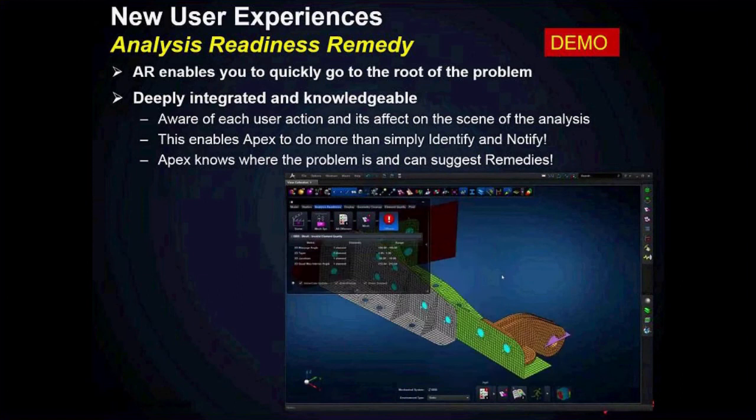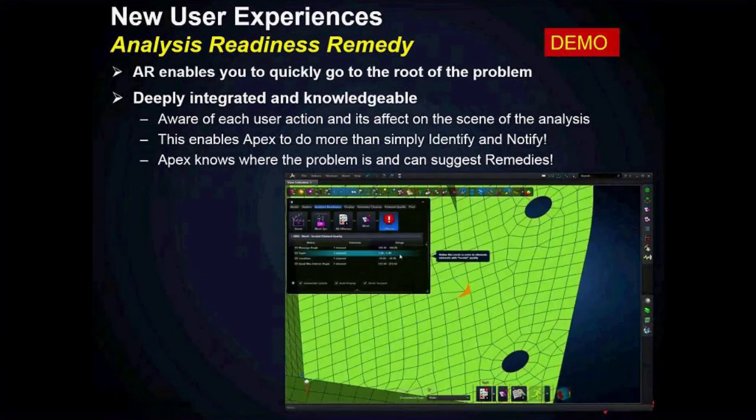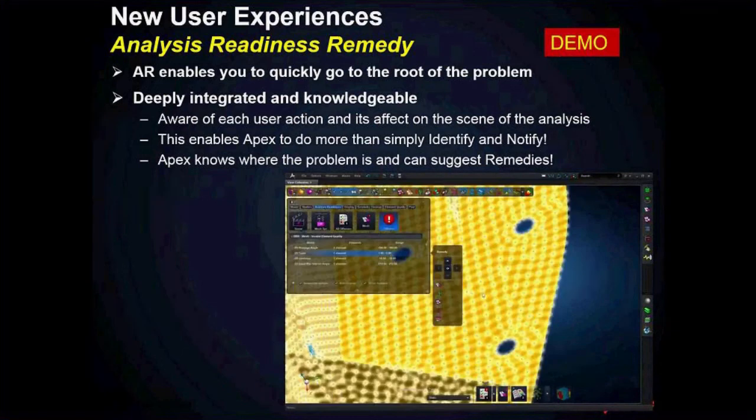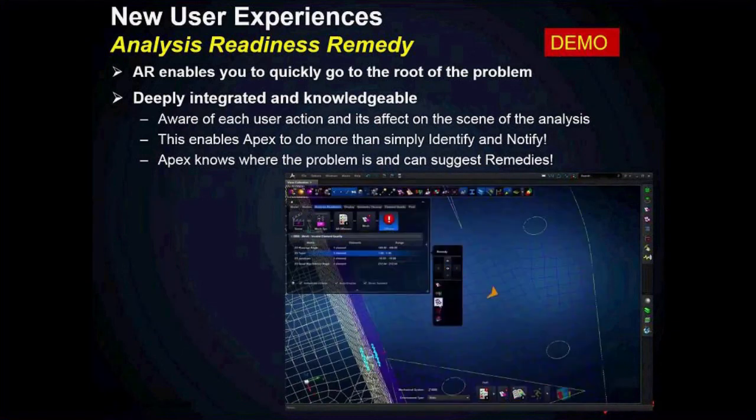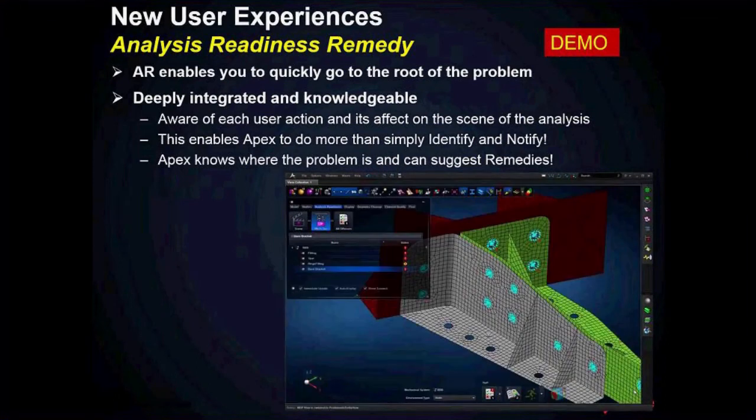In the previous releases of Apex, even though we knew the problem, even though it identifies and notifies, it was difficult to find where it is and how to fix it. Whereas in Grizzly, now we have introduced what is called a companion tool within Apex so that it will navigate you to the location where the problem was and interactively you can fix that. For example, in this case,